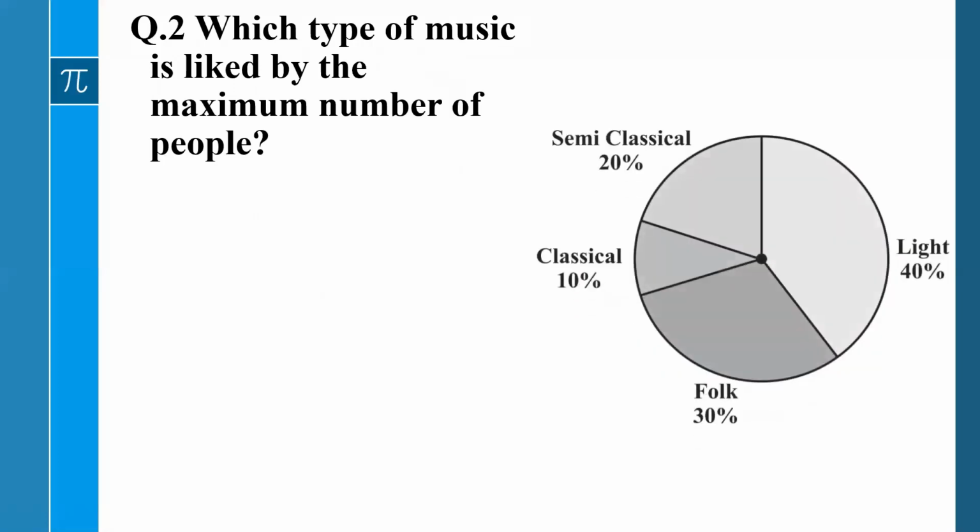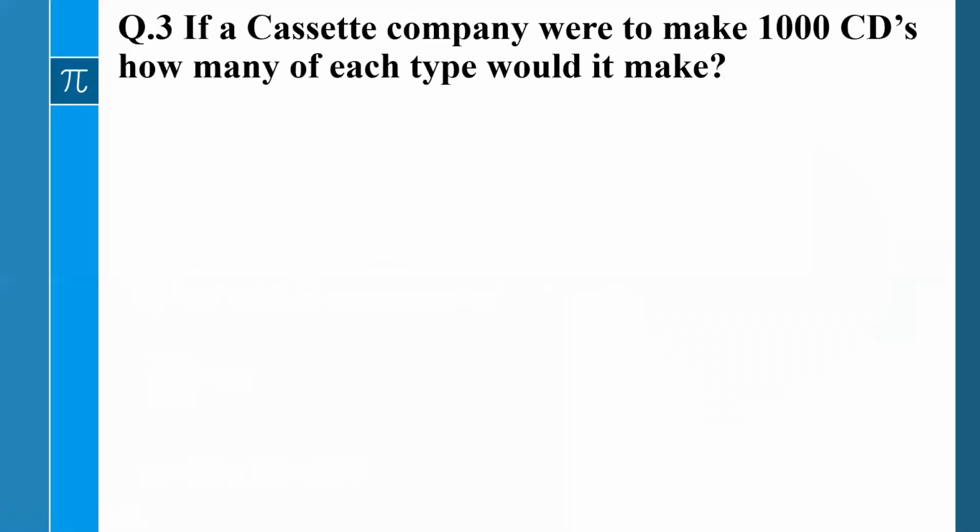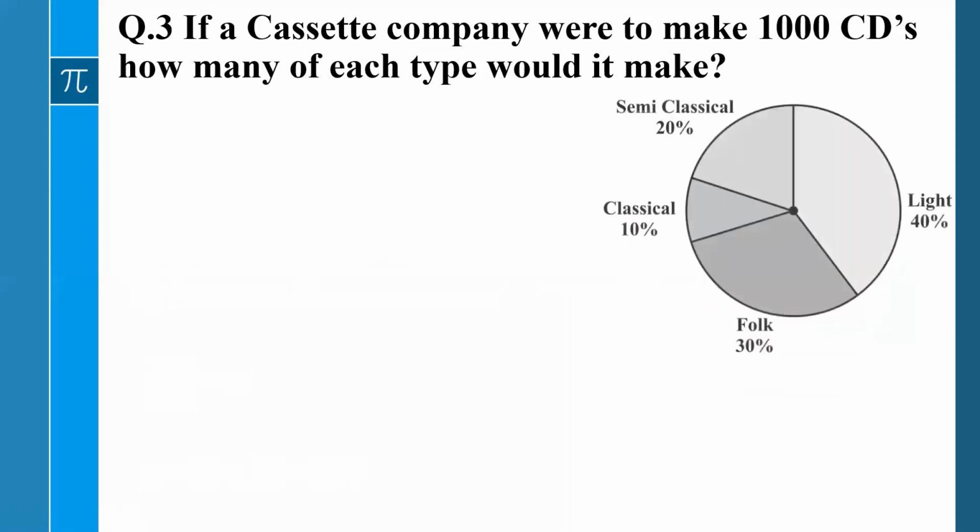Here you can see that light music is liked by the maximum number of people. Next question, question number 3. If a cassette company were to make 1000 CDs, how many of each type would it make? So here,